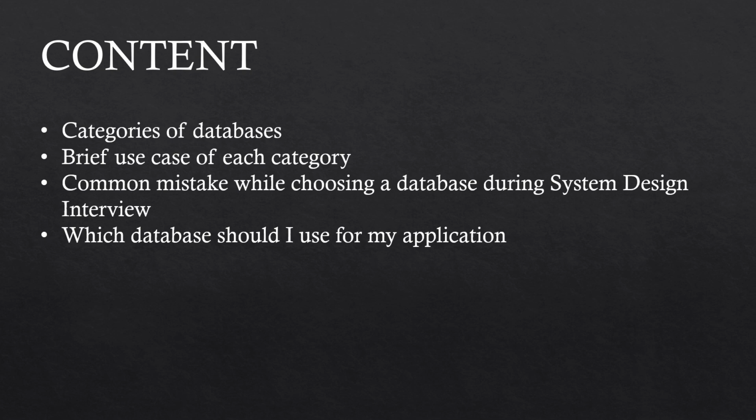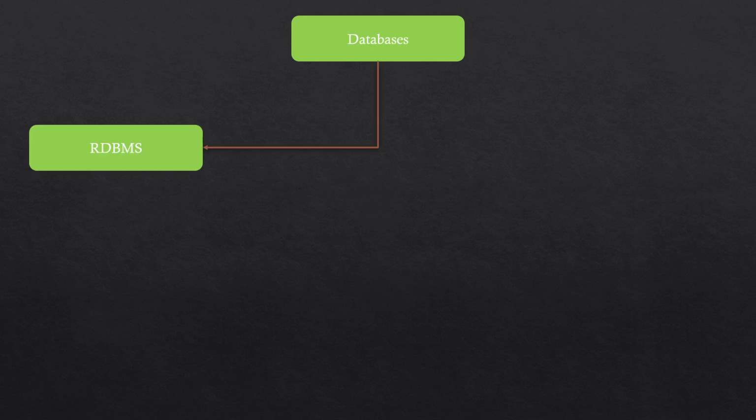So let's first look at the categories of databases. In general, databases are divided into two broad categories. The first one is RDBMS. Now RDBMS deals with data which is structured, which means that there is a fixed schema. What it means is that in the case of RDBMS, there will be a table which will have multiple columns. Your data will go as part of the row, and the property of each row will be defined by the column. So columns basically define an attribute.